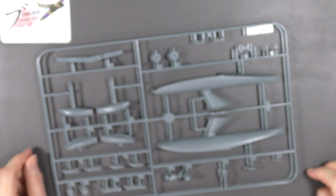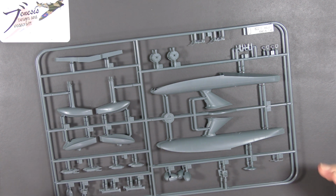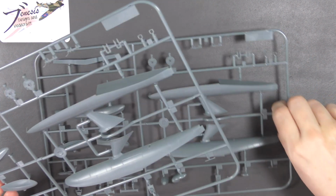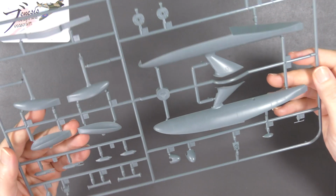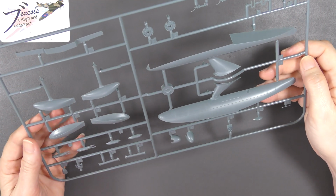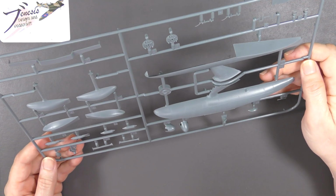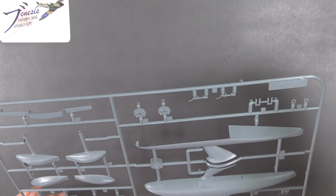Alright, and the final pair, come on camera, thank you. The final pair of sprues are here. These are sprue U, two of, and fairly obviously here we have the rest of the floats. There are also a couple of tiny bombs, some propeller spinners and a few smaller detailed parts. I don't know if those are bomb racks, but